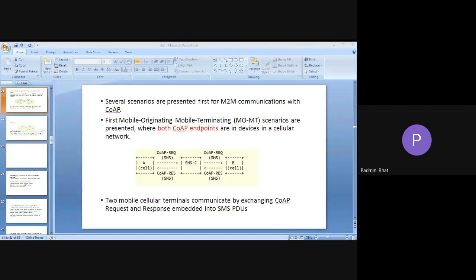That COAP, we were comparing it with HTTP. I hope I'm clear. Sometimes we cannot complete our network just by COAP because of the application. If I want navigation or tracking, suppose you do online ordering, you need to track where the item you have ordered is now. For that, you are having an app.